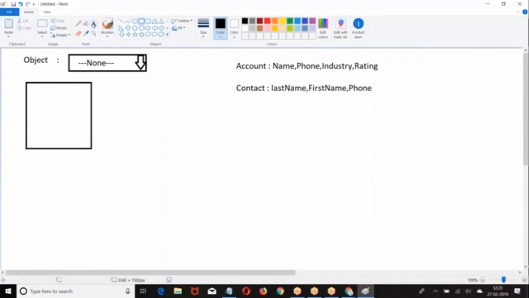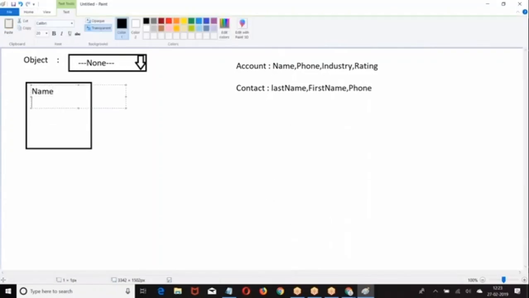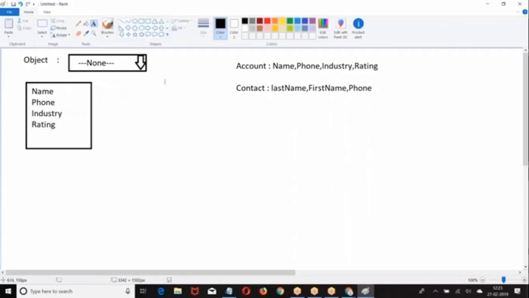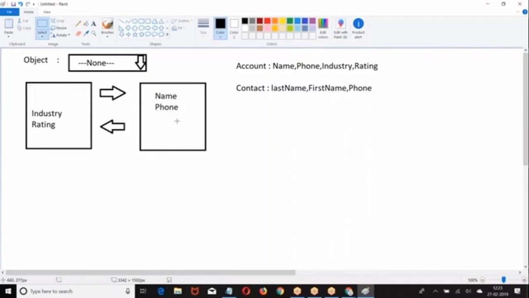If I select account, the account fields will come here. Now select some of the fields, click on this button, and those fields will be added here. Select any one of the fields, click on this button. Now whichever object is selected, the list of fields will come here. Whichever fields I selected here, they will be added to this list.